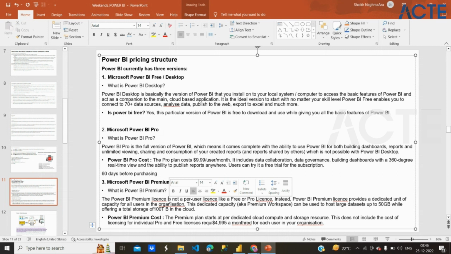Premium is used by organizations or companies, because you can see the pricing structure of Premium is this in dollars, 4995. This can be used by a group of people in an organization. Suppose you are working as a Power BI developer and you have three more colleagues in your team, then you all can use the Power BI Premium structure. And Pro, you can